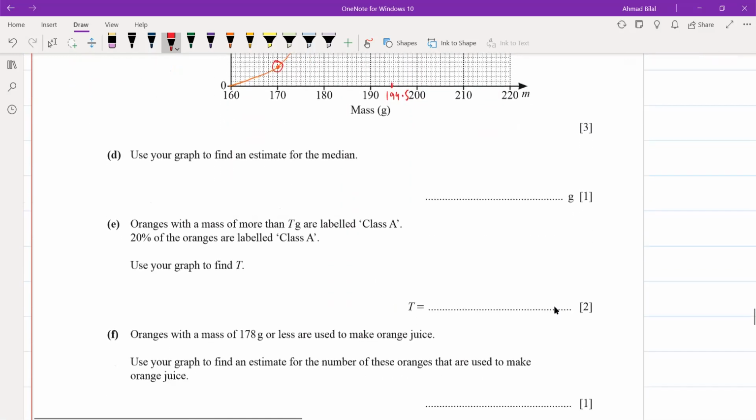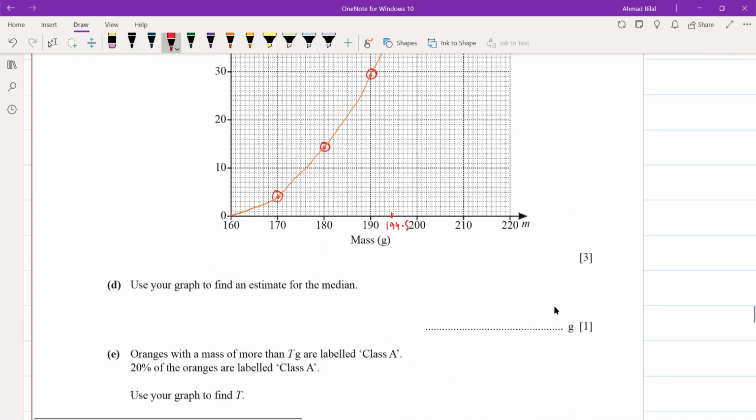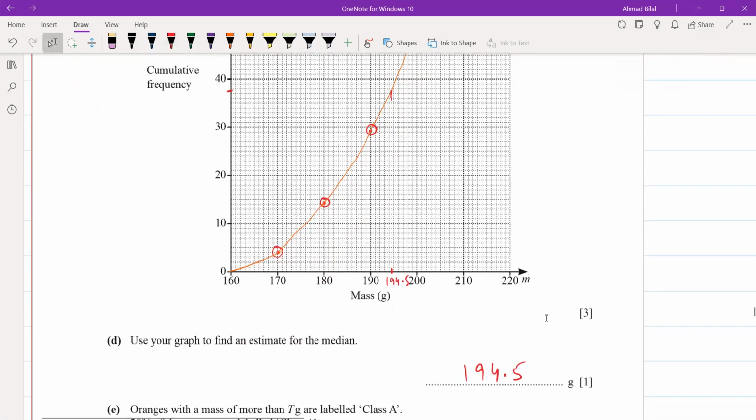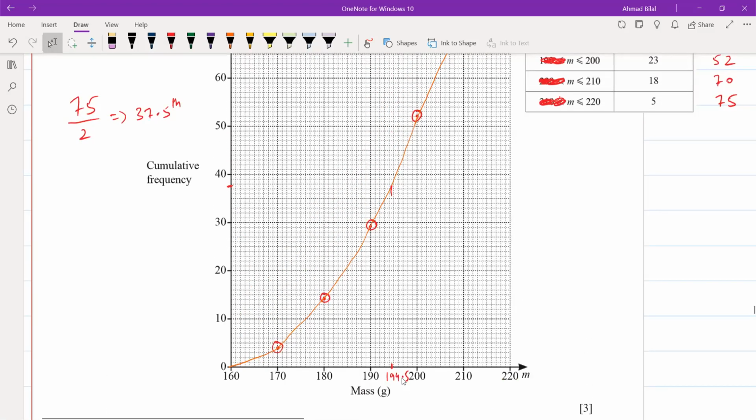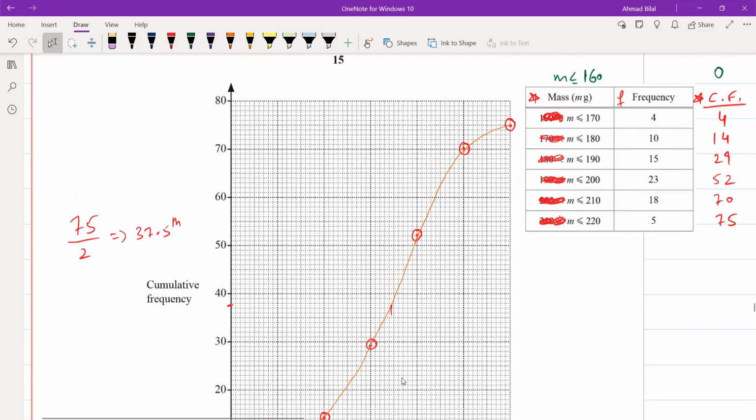अपने कैलकुलेट, अपने आप ग्राफ पे देख लें आपके पास क्या आता है, आई एम गेटिंग 194.5। टोटल फ्रीक्वेंसी क्या है? सॉरी सर ये टोटल हाफ होता है 75। यस टोटल फ्रीक्वेंसी आपका 75 था, उसको आपने 2 से डिवाइड करना है, ठीक है, और फिर उसके कोरेस्पॉन्डिंग वैल्यू देखनी। जैसे क्यूमुलेटिव फ्रीक्वेंसी 80 है, अगर 80 का हाफ कर ले 40, तो 40 के कोरेस्पॉन्डिंग 195 आता है। नहीं 80 कहां पर, 80 तो नहीं है हमारे पास क्यूमुलेटिव फ्रीक्वेंसी, 75 है। वो हाँ, जो ग्राफ एंड हो गया। हाँ वो तो ग्राफ पे आपको, ग्राफ पे वैल्यूज 80 तक लिखी हुई हैं, टेबल में तो 75 से ऊपर नहीं जा रहे ना। ठीक ठीक सर।